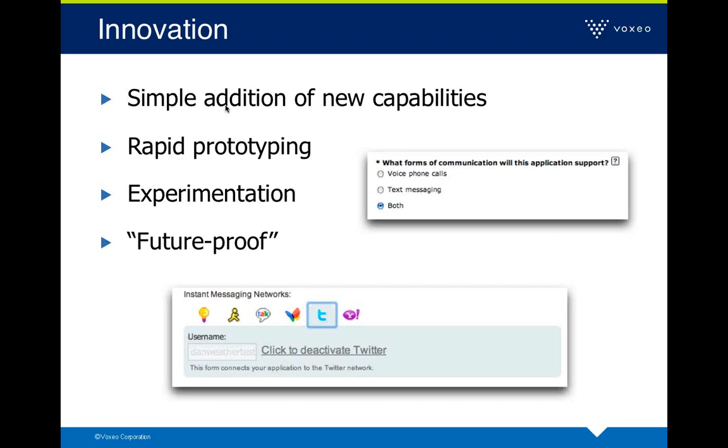That was simple. When we added Twitter to our Tropo cloud communication service, you were able to just go into your application and say, I want to activate Twitter with this. That kind of capability, that kind of easy expansion is a key part of what makes the cloud so ideal for people who are doing these types of things. It also allows people to do rapid prototyping, experimentation. You can play with it because the friction to get started is very minimal.